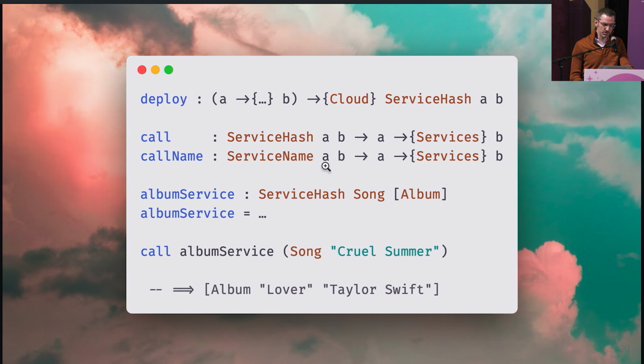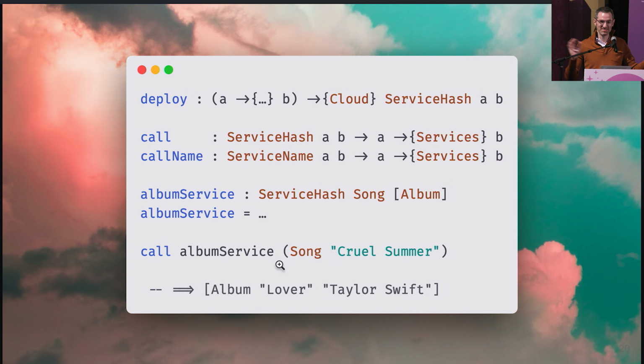Other thing I was just going to point out, your services can have effects. Unison has an effect system. It keeps track of where you're doing these service calls. It doesn't make you use a completely different syntax, it just keeps track of them in the types, and that's useful information to be aware of when you're programming. So our album service, let's suppose this is a service that you give it a song, it gives you a list of albums that song appears on, and that's going to have a type that reflects that. And here's what a service call would look like.